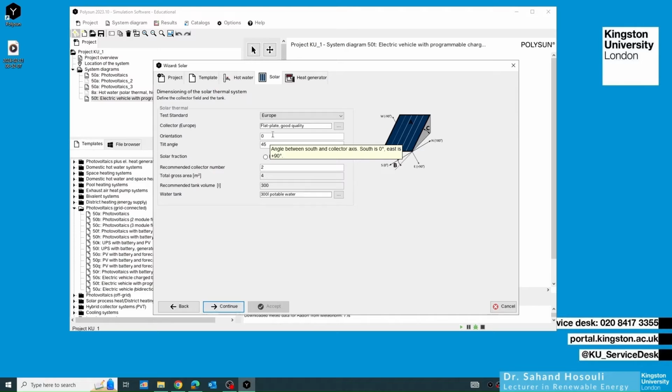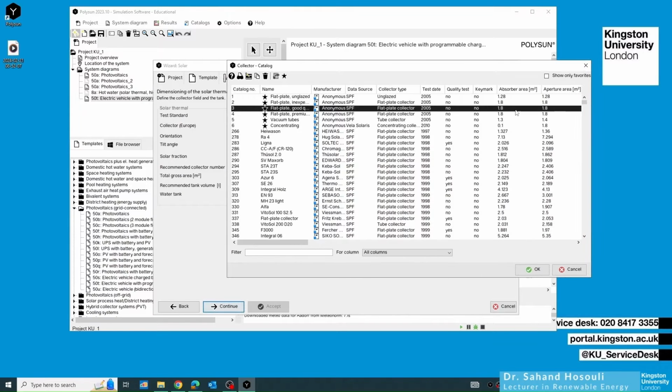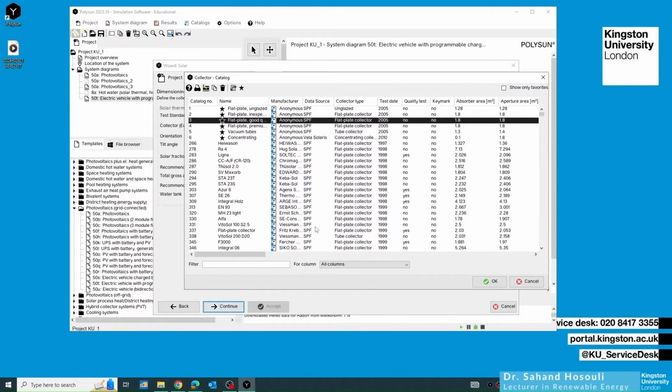So here, very similar to what we have done on the PV panels, we have different standards here: European, North American, and Chinese standard. We keep it as Europe. And if I want to select a collector, very similar to the PVs, I need to look at the catalog here. In the catalog, you see a different variety of solar thermal collectors. A point that I would like to mention here is the data source of the data; these are from, for example,